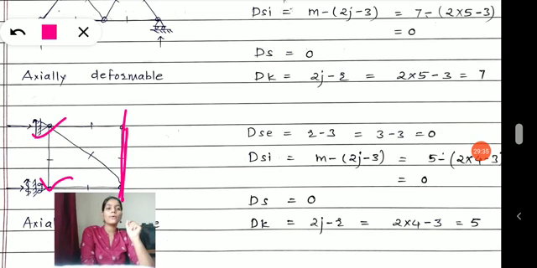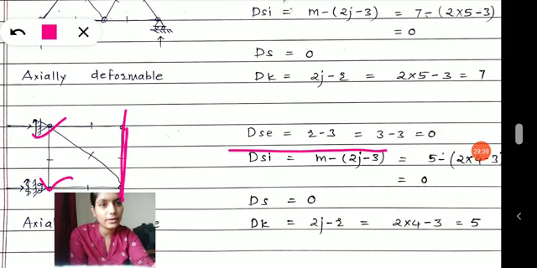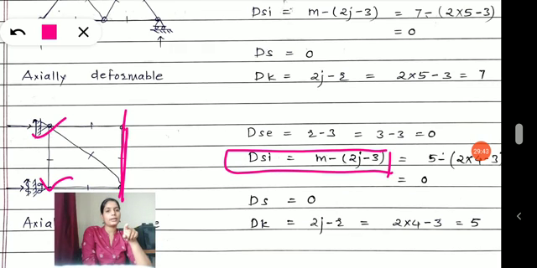Okay, so the formula will change here. This DSI, I have made a mistake here. So I will keep this example to you as a homework. You make a change here. I even told you where I made a mistake, because I looked at it carefully now. So as it is supported at one end and the other is free, it comes under the category where we learn the cantilever trusses. And the cantilever truss formula will change, rest of the things will remain same.